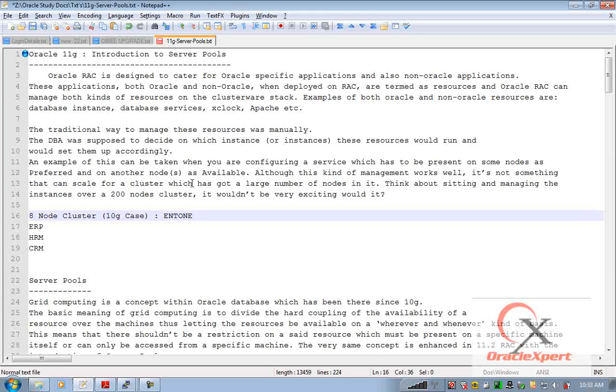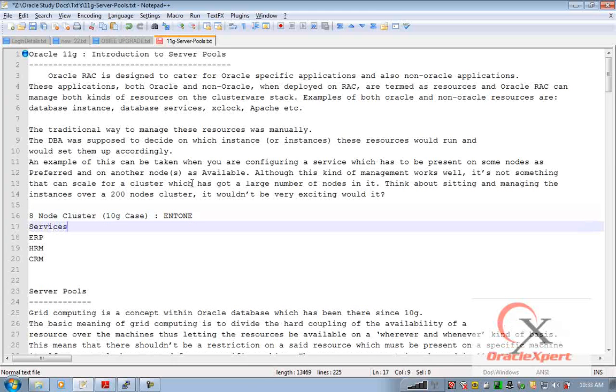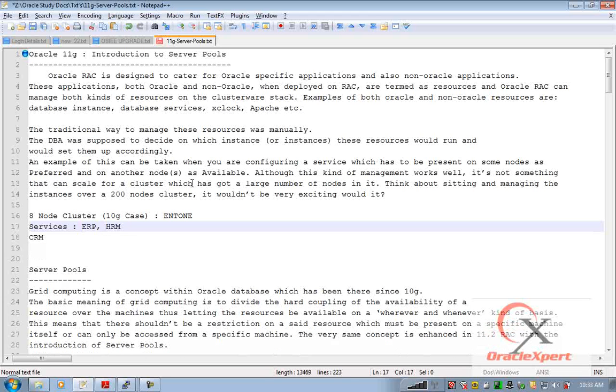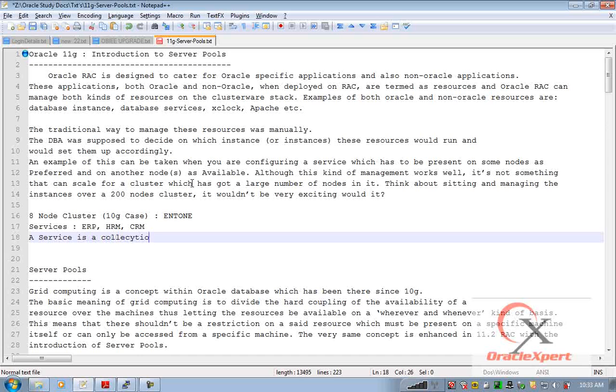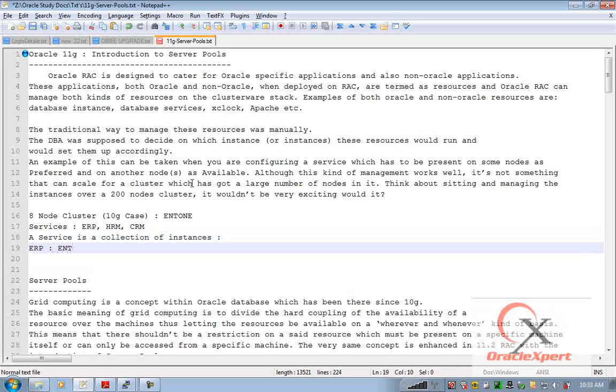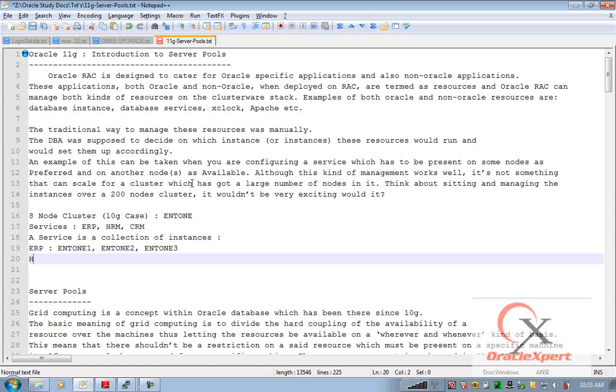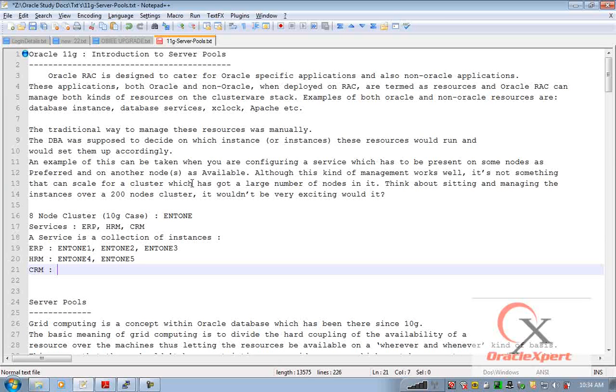So it was very common in 10G to define services. I have defined services named ERP, HRM and CRM. A service is a collection of instances. So I have defined that my ERP service would run on instances ENT1, ENT2 and ENT3. I defined that my service HRM would run on ENT instance 4 and 5. I defined my CRM service to run on